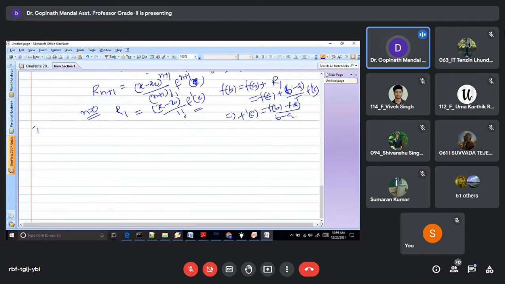Now, example 1. Expand f of x, where f of x is equal to x to the power 4 minus 5x cube plus 5x square plus